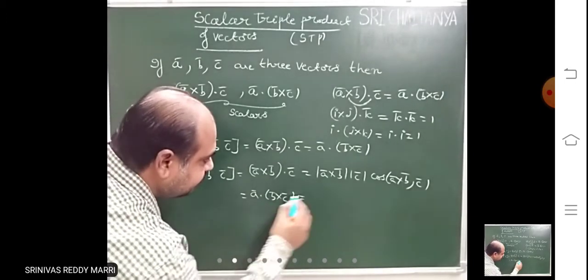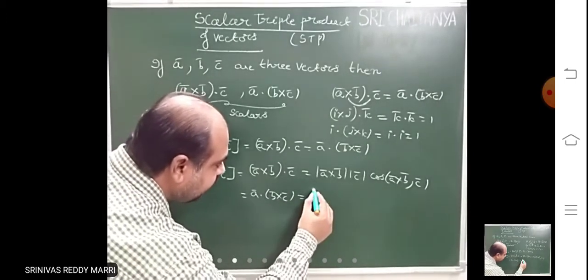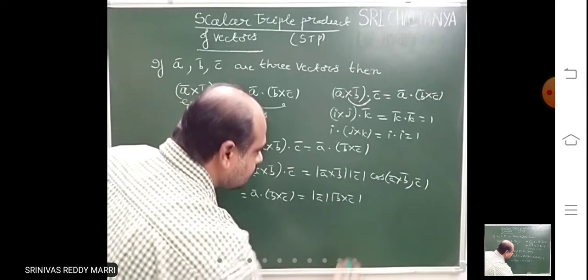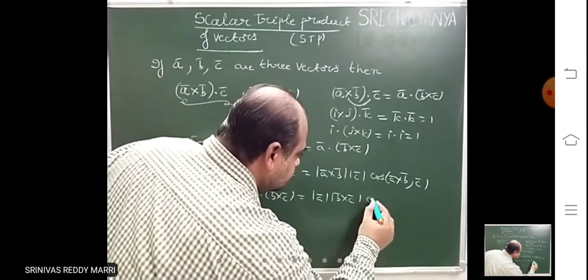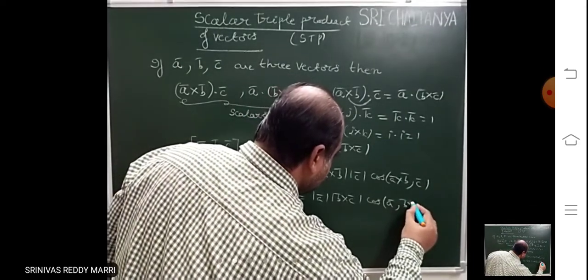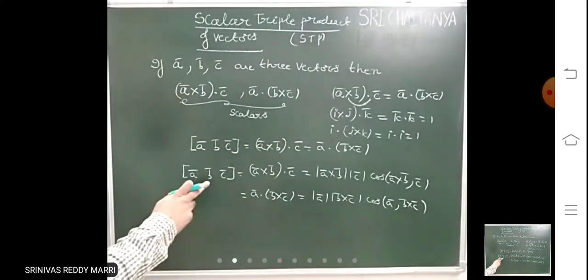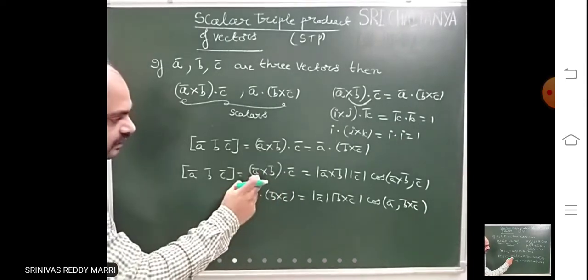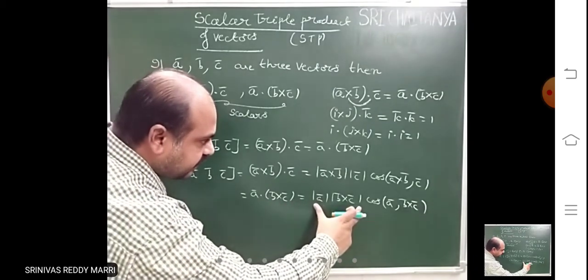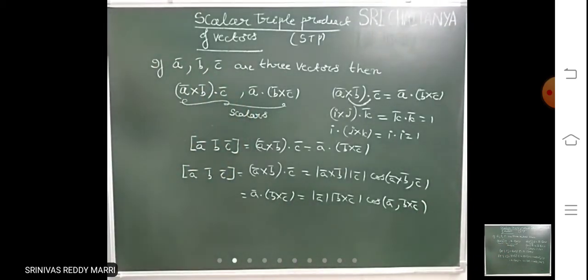So this is A bar, this is U bar. A bar dot U bar into cos of the angle between A bar comma B bar cross C bar. If you write like this, then apply dot product. If you write like this, apply dot product. Here you will get the angle between A bar comma B bar cross C bar. Like that, you just use the dot product formula according to your requirement in the problem. Look at one application.